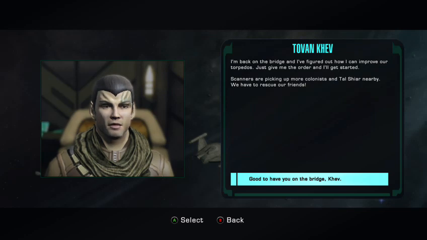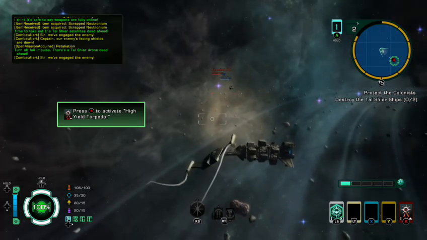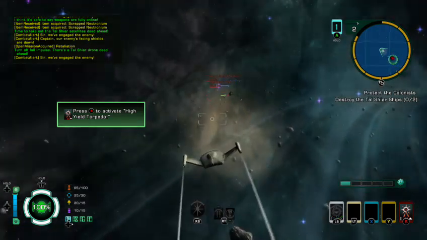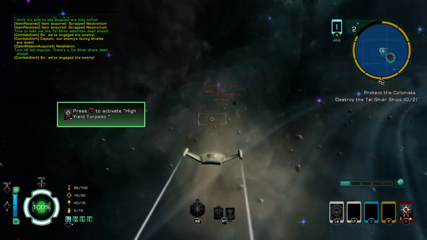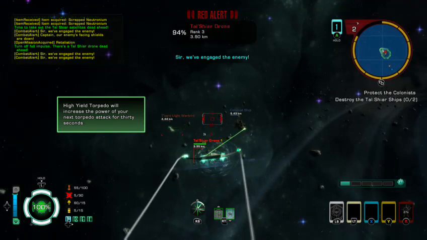I can improve our torpedoes. Just give me the order. Scanners are picking up more colonists in Tal Shiar nearby. We have to... Press B to activate high-yield torpedo. High-yield torpedo will increase the power of